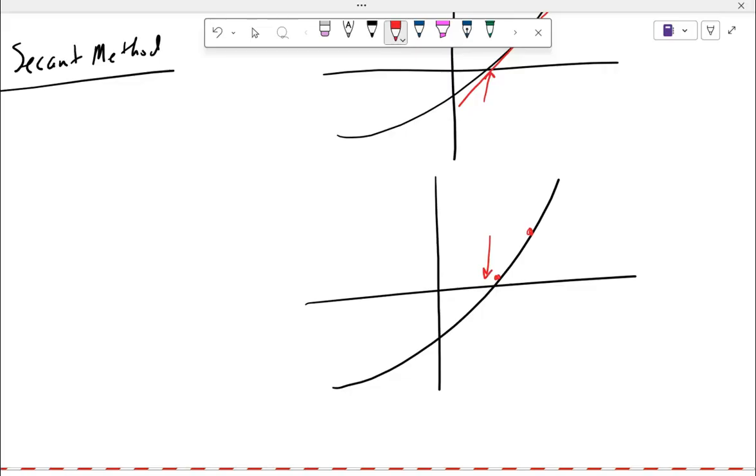Again, that would be our approximation for our root, assuming I drew that through those 2 points. Okay. So, much like what we did last time, we used a line to approximate the function and then found the root of the line, right? For the tangent line, we used the derivative to find the slope of the tangent line and use point-slope form. Here we don't have a derivative to find the slope of the line, but I do have 2 points, right? So if I want the slope of the secant line,